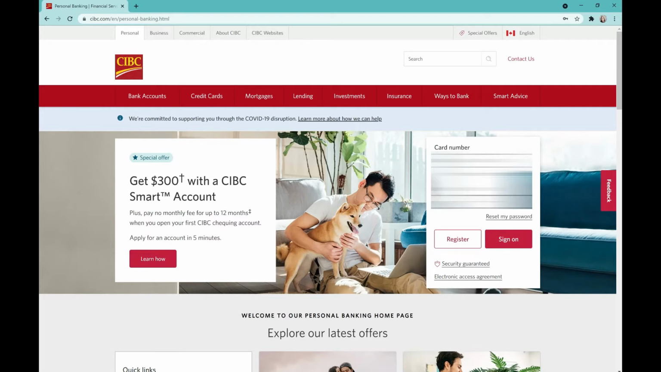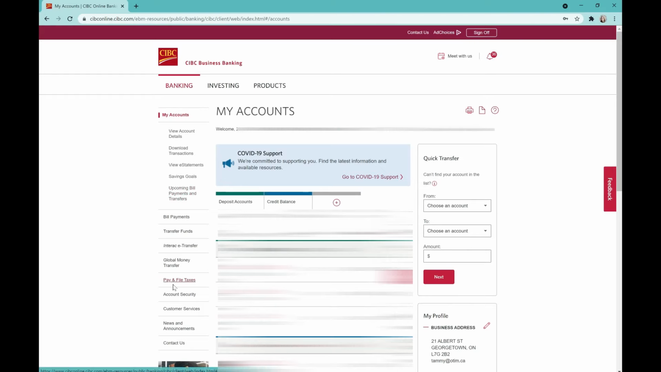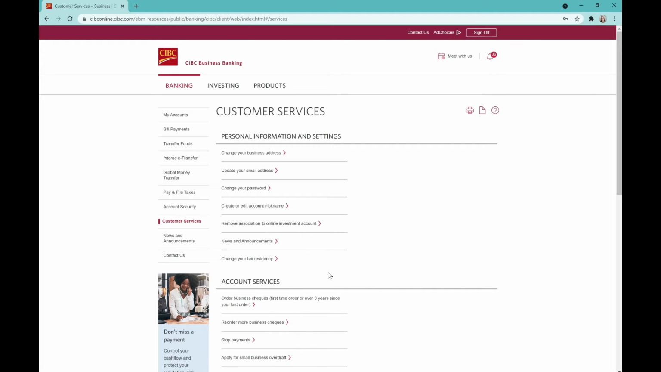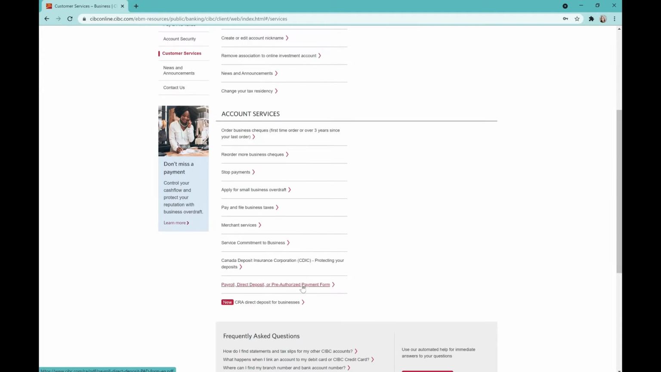Let me just switch to sharing my screen. Okay, so now that I'm on the CIBC website, I'm going to go ahead and log in. And I don't bother with switching to business and then selecting it there. On the personal side, once you type in your card number, it's going to automatically switch you and log you in the way it should be logged in. From here, I'm going to click on Customer Services, and I'm going to scroll down to Payroll, Direct Deposit, or